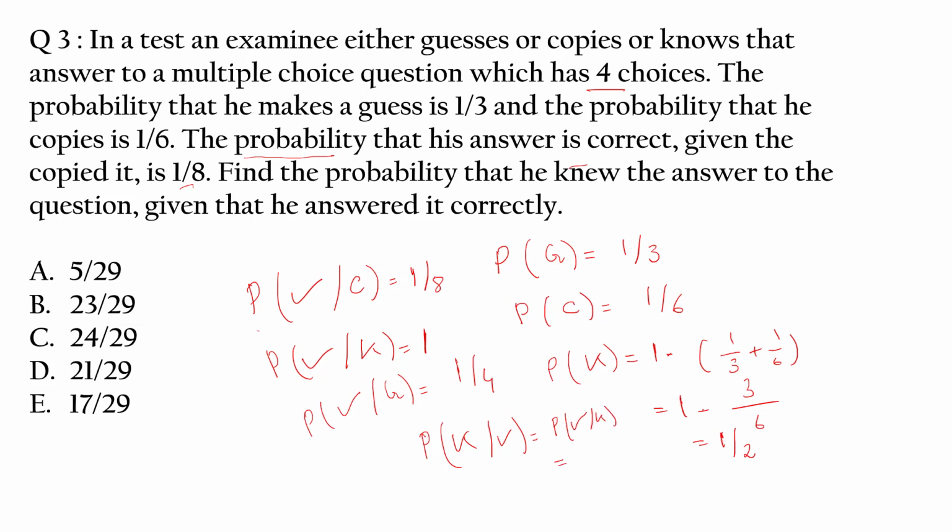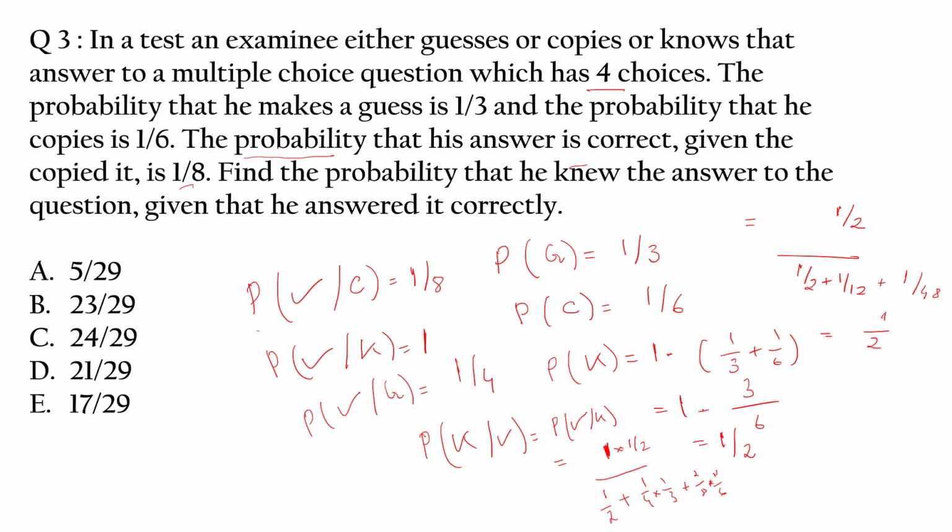So this will be 1 into 1 by 2. Similarly, 1 by 2 plus 1 by 4 into 1 by 3 plus 1 by 8 into 1 by 6. It's getting a bit crampy here. So the answer will be 1 by 2 divided by 1 by 2 plus 1 by 12 plus 1 by 48,